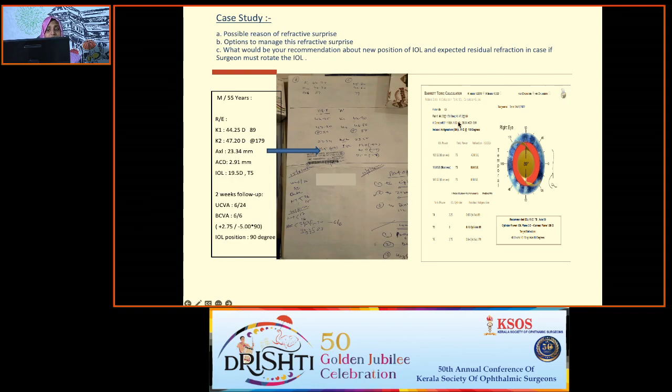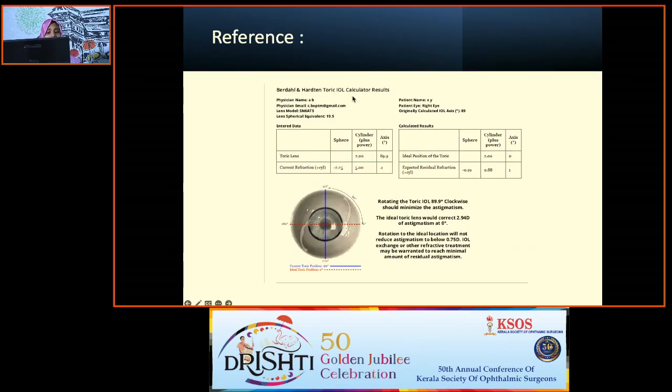She flipped the axis in the toric calculator, and the axis used was 89 degrees. But at follow-up, the patient's UCVA was 6/24 and BCVA was 6/6 with plus 2.75 and minus 0.5 D at 90 degrees. When we put the data in astigmatismfix.com, the axis was not at 90 degrees; actually it has to be redialed to